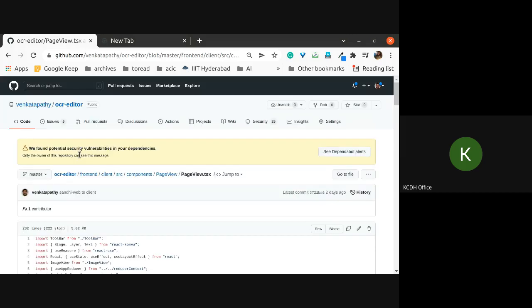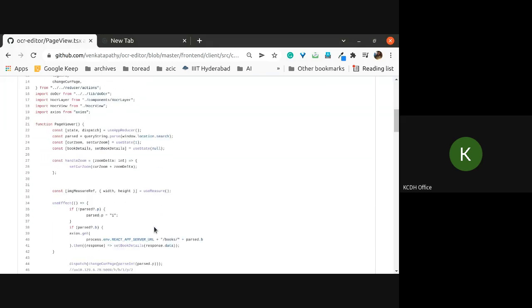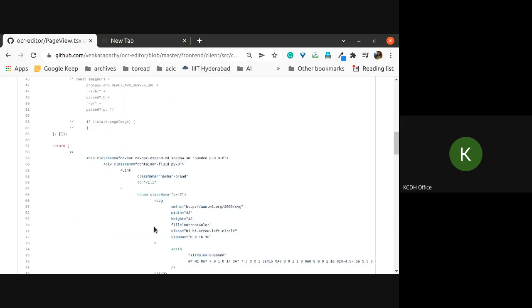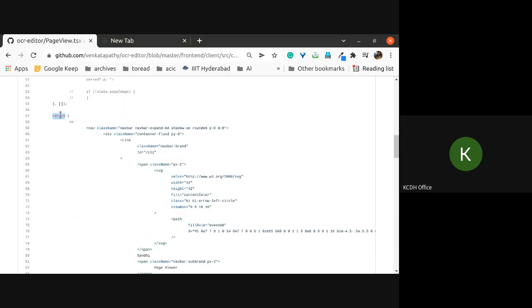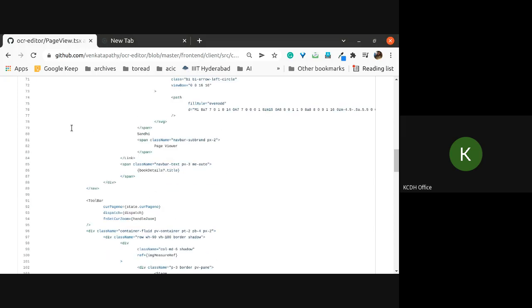So for example, when we go to page view, page view is where you display all the pages, and this page view is what is called in the app component, right? If you look at the page view, it's a functional component, so it returns an HTML tag as this component, as the value of the function.